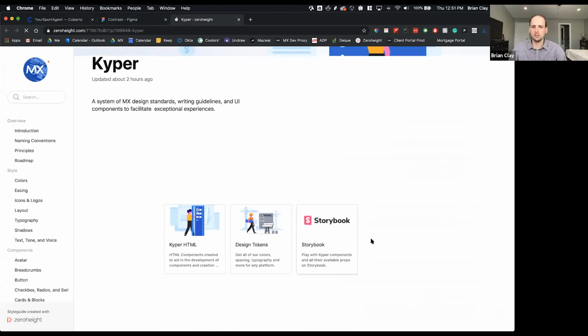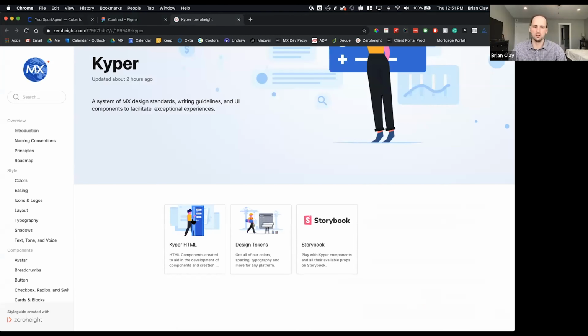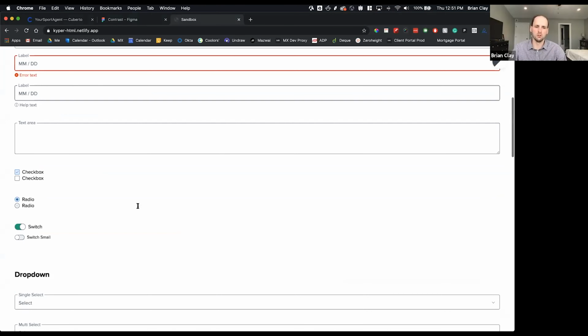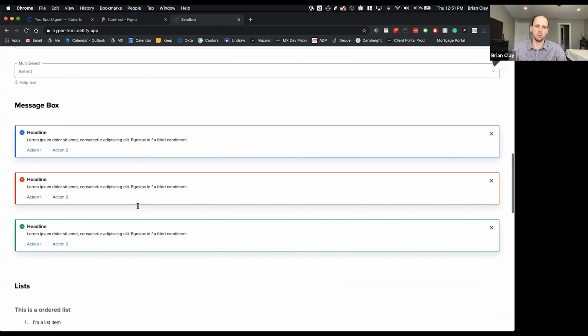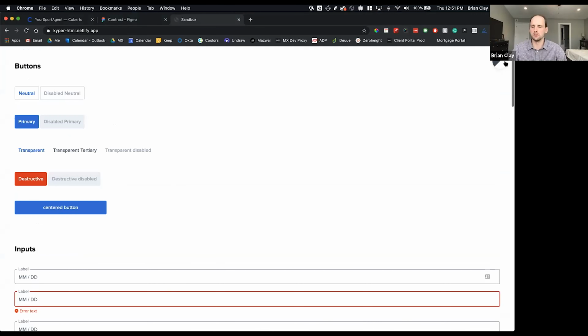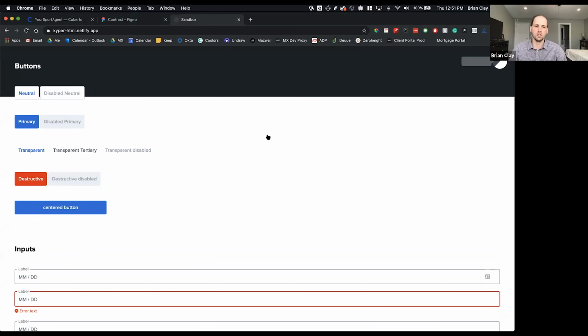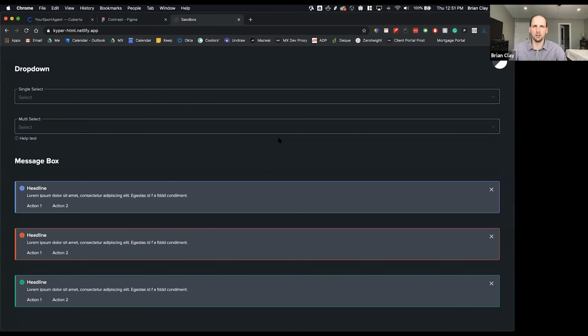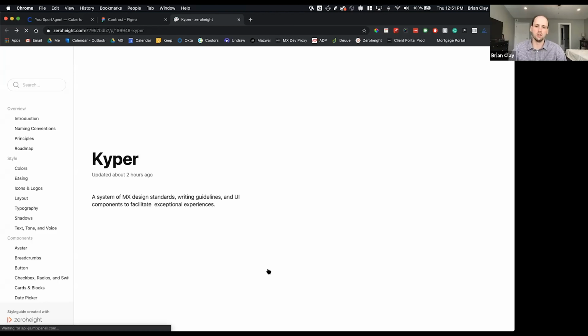So two things that have helped, or well, I guess three things here. Number one is I went in and I built out a library of static HTML components of all of our core components. This gives developers a quick way to reference CSS. A lot of developers don't like writing CSS, so if you can do it for them, I recommend that. We also have our design token